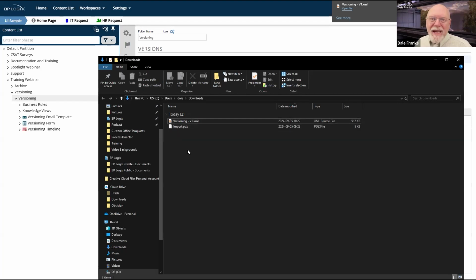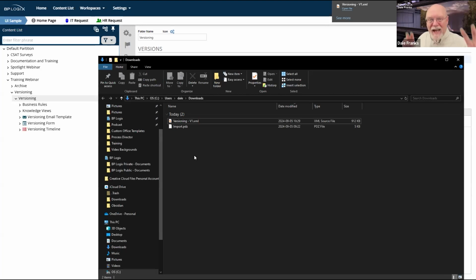The PDZ file format is literally just a zip file that we have put our own file extension on. And that's all it is. You can import that PDZ file into Process Director. Process Director will extract all of the contents of that PDZ file. Those contents are generally a single XML file, and it will import that.